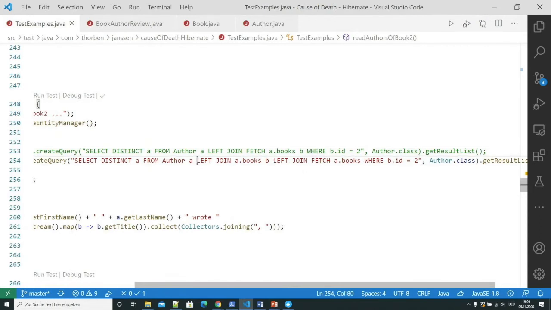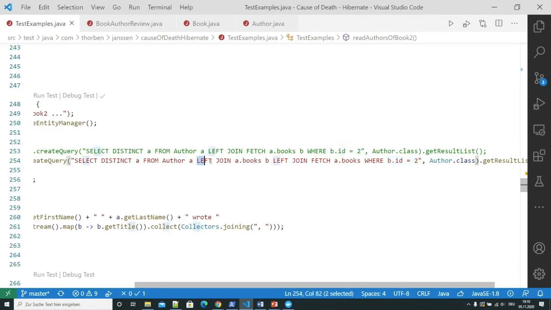So here it's really important that we use 2 join clauses and don't use a left join fetch clause for something that we use in the where clause. If you're using JPA's criteria API, the first statement is not possible. There we have separate interfaces for a join fetch and for a join, and that's a good thing.